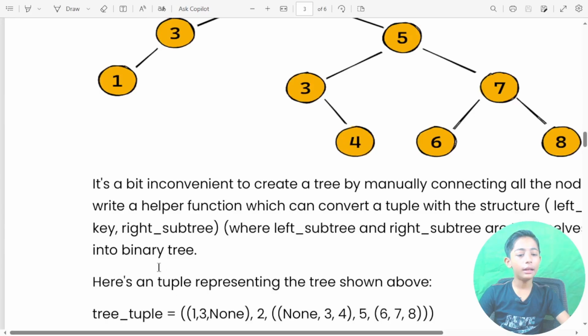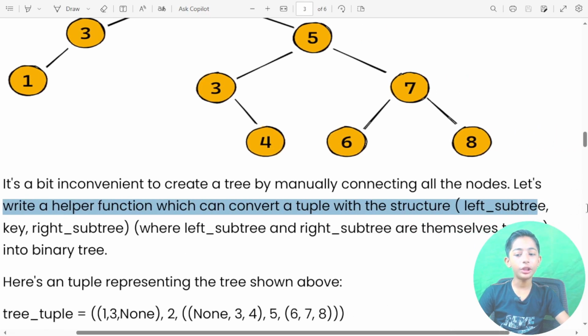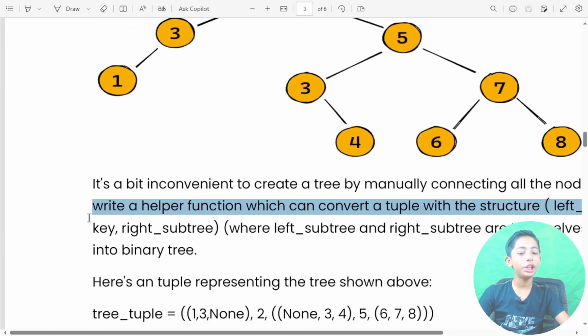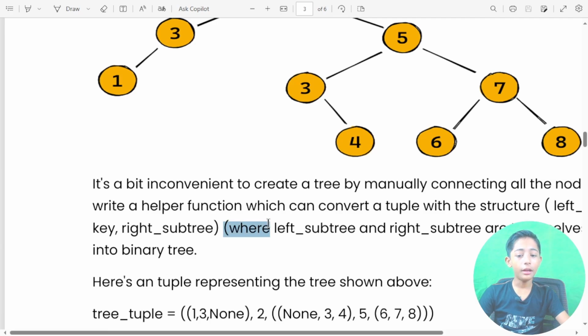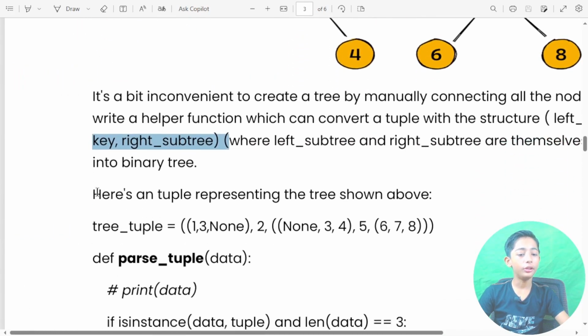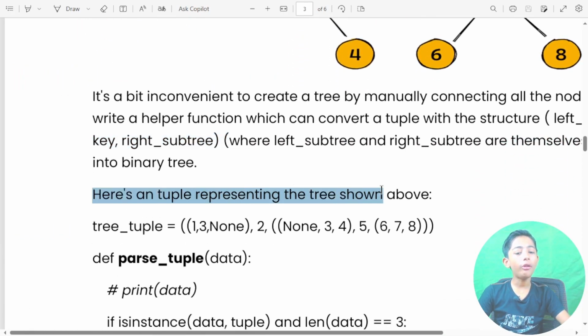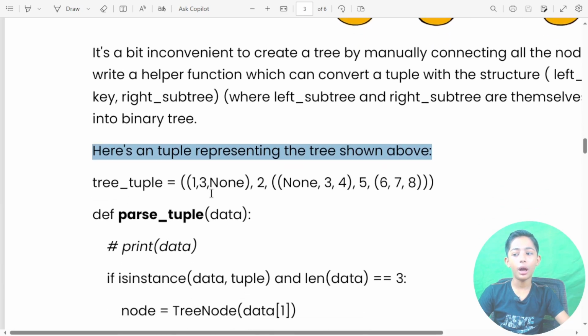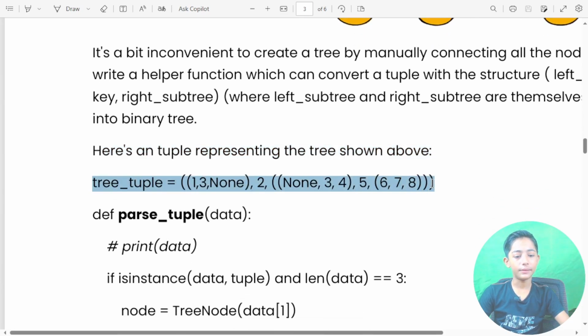Let's write a helper function which can convert a tuple with the structure (left_subtree, key, right_subtree), where left subtree and right subtree are themselves tuples, into a binary tree. Here's a tuple representing the tree shown above, like this.